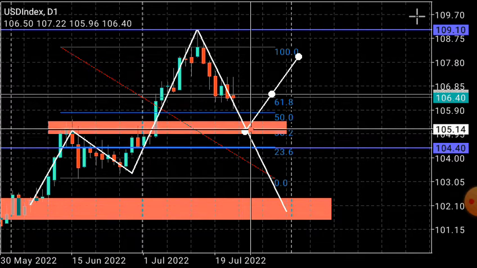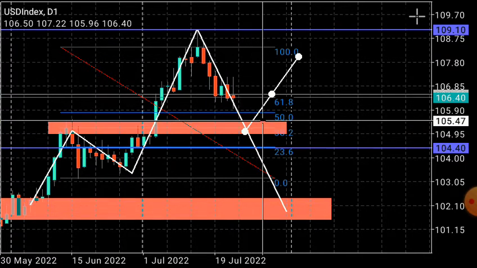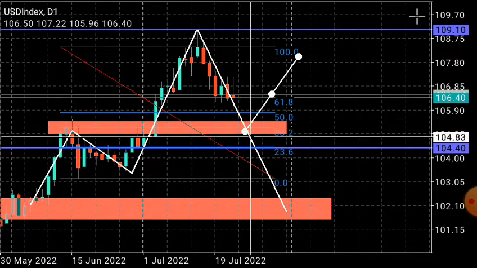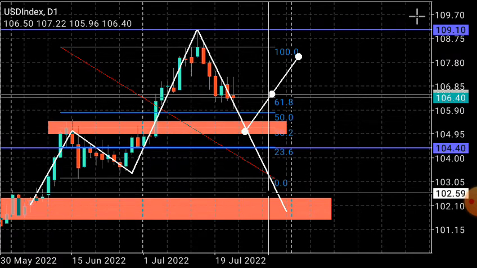If it fails, I can always be wrong. I buy and I have my stop loss set below price, and sometimes it fails and drops to the downside. Though I don't trade the dollar index. This is just a fiat currency that I analyze in order to predict where the next dollar movements will go.